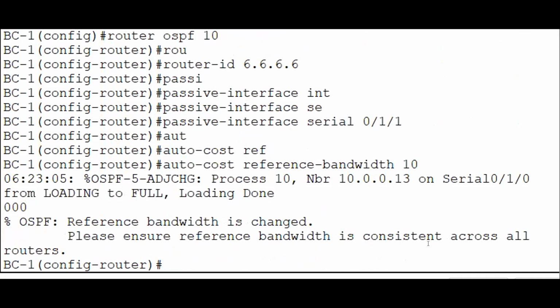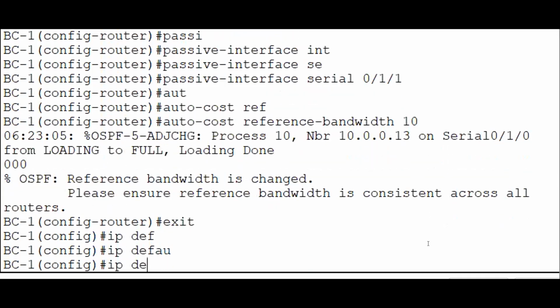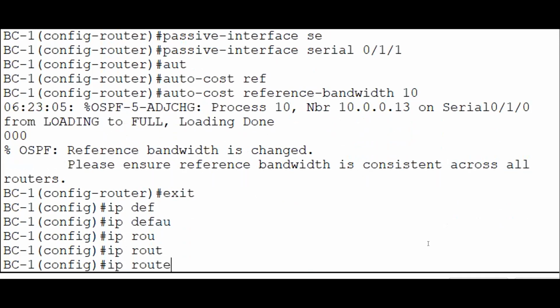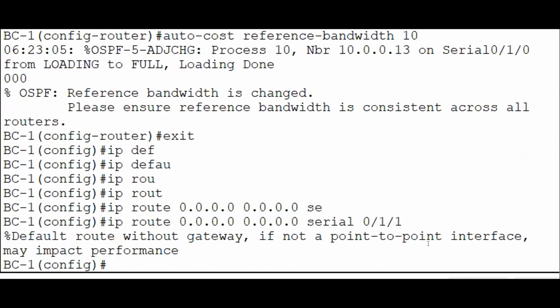Okay, now let's populate our default route, but let's configure the default route first. Let's exit here, ip default. Sorry, ip route. I'm mistaken. ip route 0.0.0.0 0.0.0.0 serial 0/1/1, and then